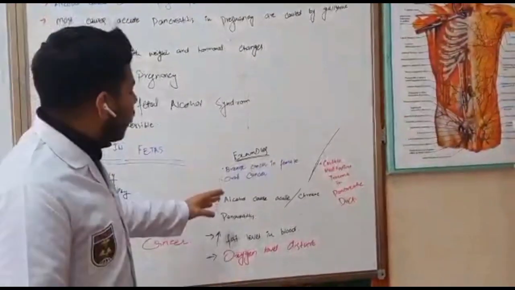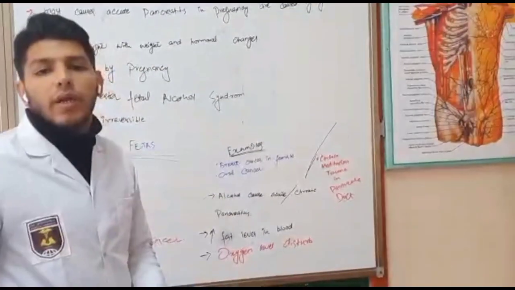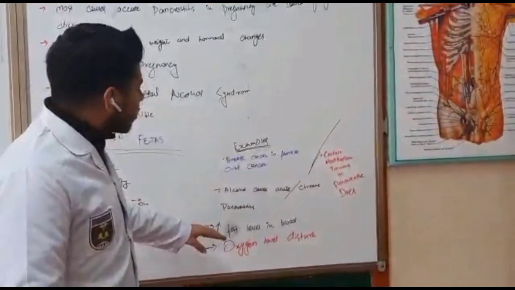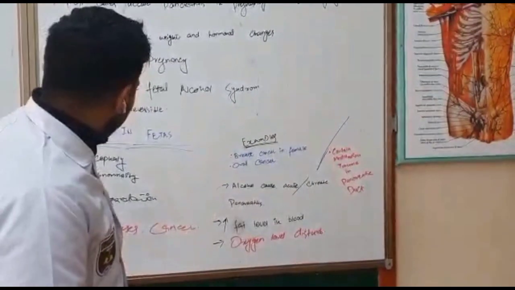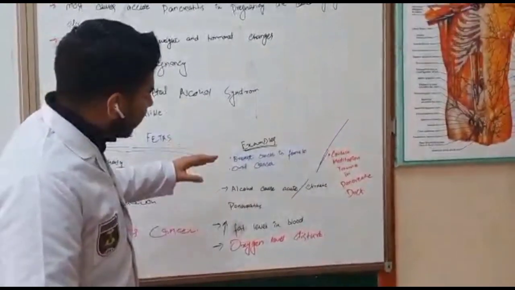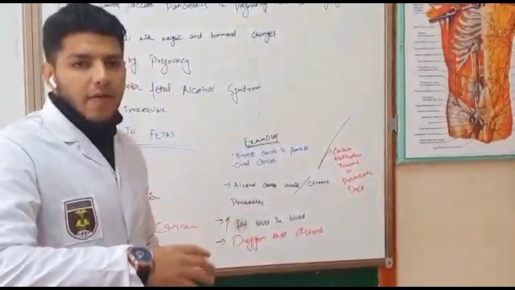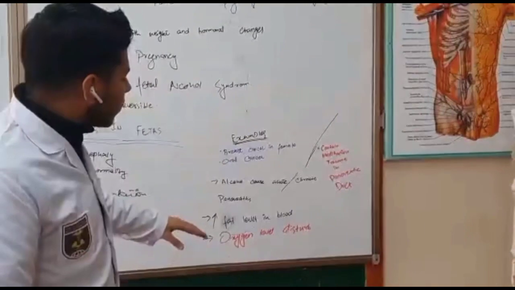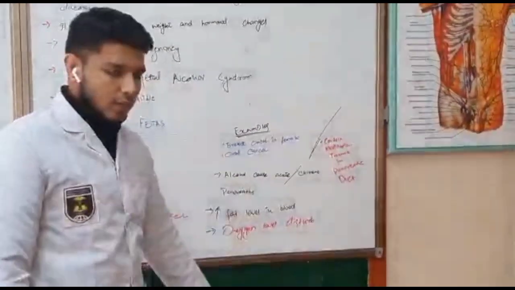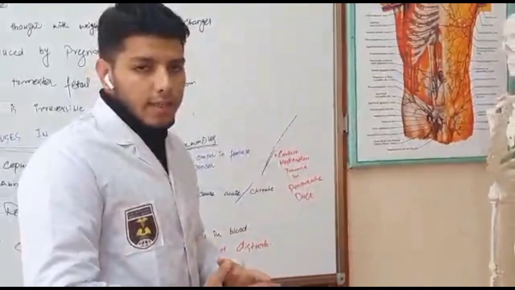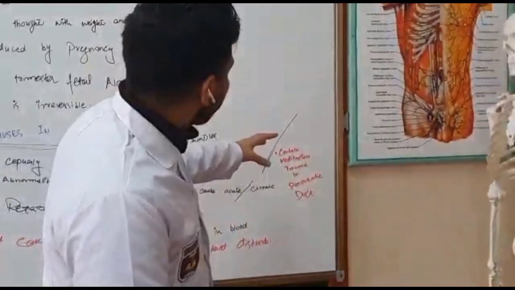And alcohol causes acute and chronic pancreatitis. And it also increases fat level in blood, and also increased oxygen level distribution, and certain meditation trauma. And the last one of causes of cancer,